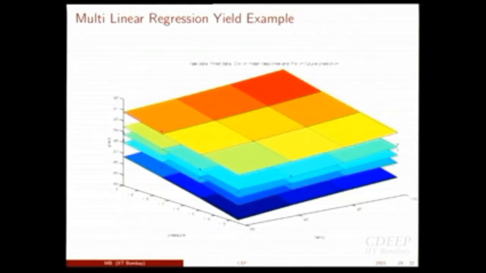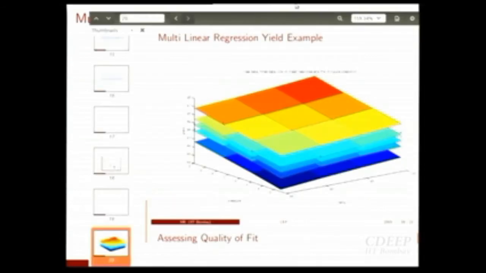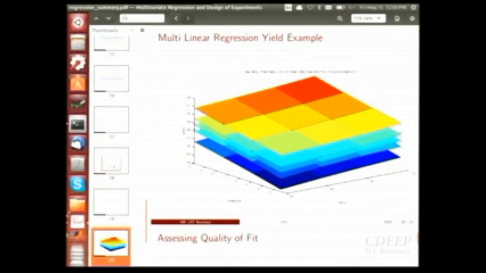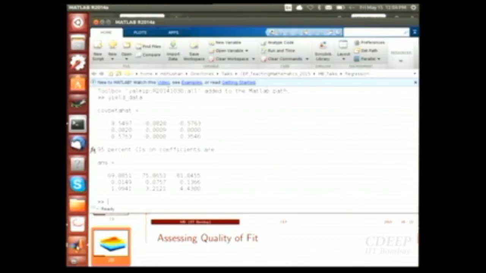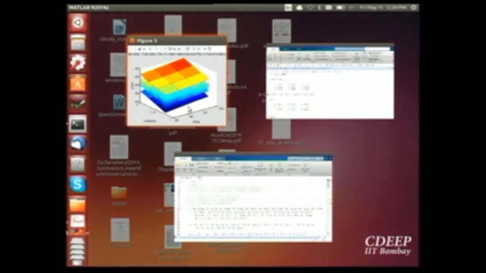So the same thing can be done when you have more than one regressor. Here we had just one x variable. This is the yield example which I had taken in the first class. Your y variable is the yield, and you have two x variables, the temperature of the reactor and the pressure. So the same ideas of mean response, individual prediction and their confidence intervals carry over. I can probably show it in this plot.